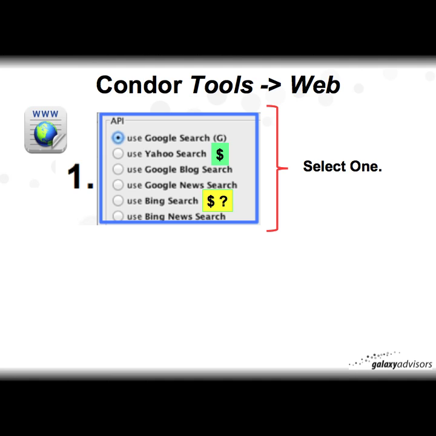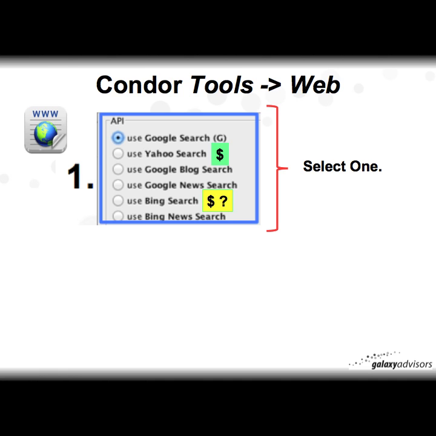APIs. Bing, currently Bing Search and Bing News Search is free, but up until August 1st, when the current Bing keys will be decommissioned. They have a different threshold. If you use more than 5,000 searches in a month, then there's a fee charged for that. To keep up on what's going on with Bing, just Google Bing API key, and you can get the updates